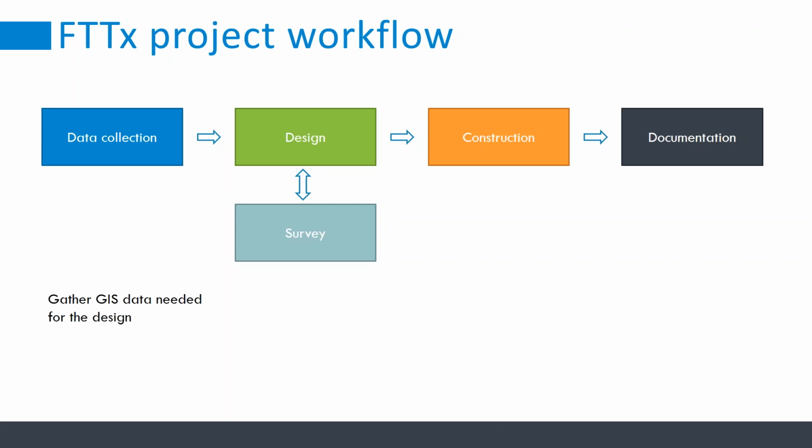If we look at the workflow here, what we will look into is a process where we want to build a new fiber network. What we identify as a first step is that you need to gather all of the GIS data that is needed for your design, so the GIS data of your target area. This will feed the high-level design stage where you create the high-level design for your network based on your specified